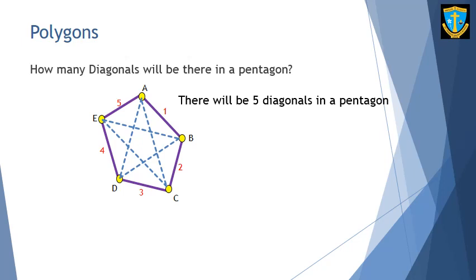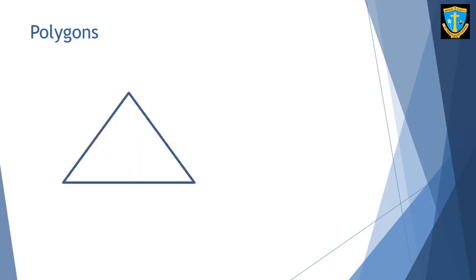So they are all the same, 5. If it is a polygon which has 5 sides, there will be 5 angles to it, 5 vertices and 5 diagonals. And diagonals are drawn in the interior. Okay, they are in the interior region of the polygon, inside. Diagonals cannot be drawn on the outside. They have to be drawn on the inside. Now look at this polygon. It's a triangle. Diagonals are not possible in a triangle. A triangle is the smallest polygon. And also, you don't have opposite vertices. So diagonals are not possible.